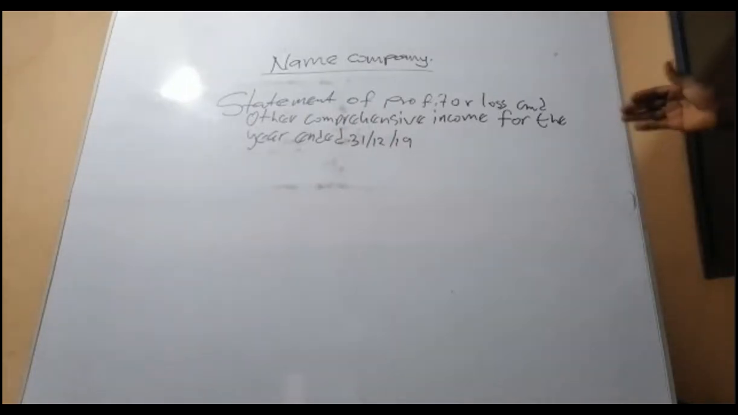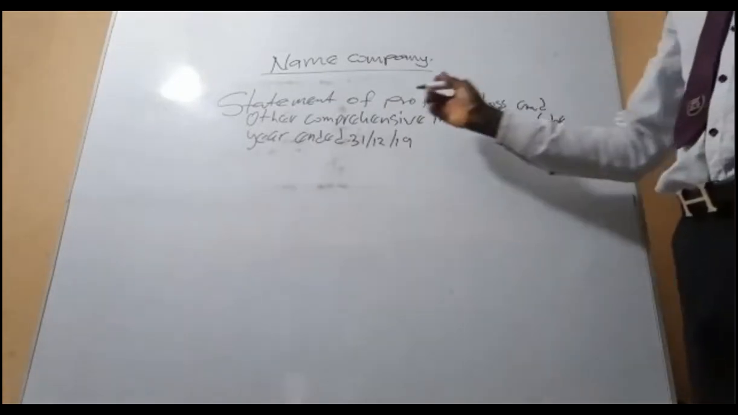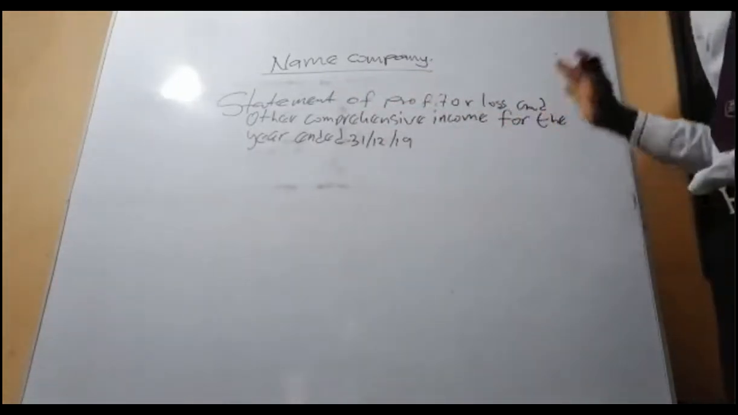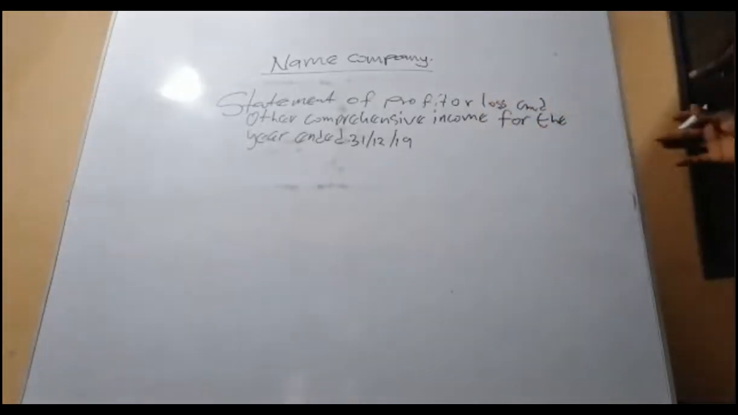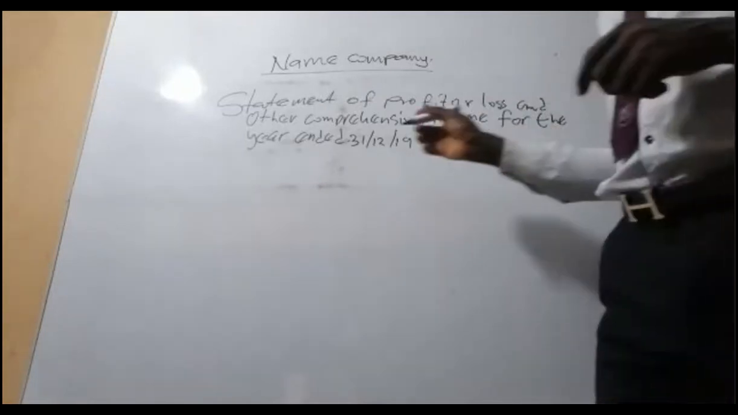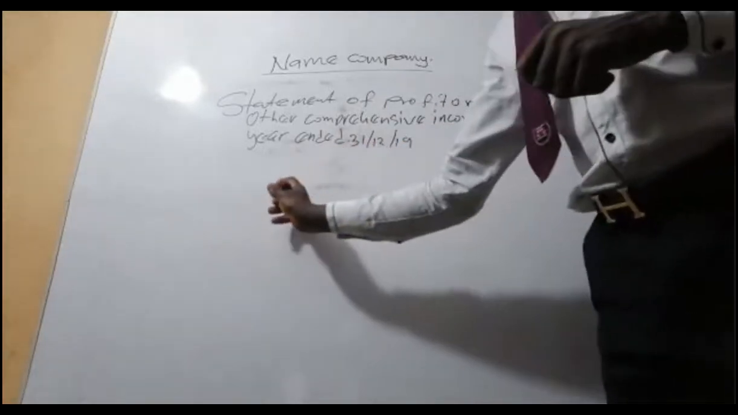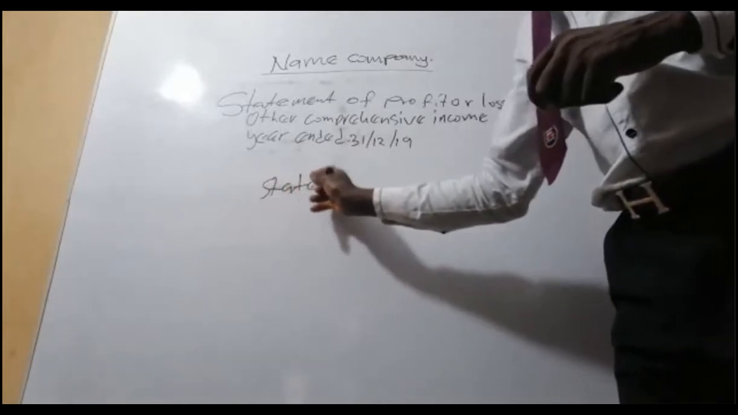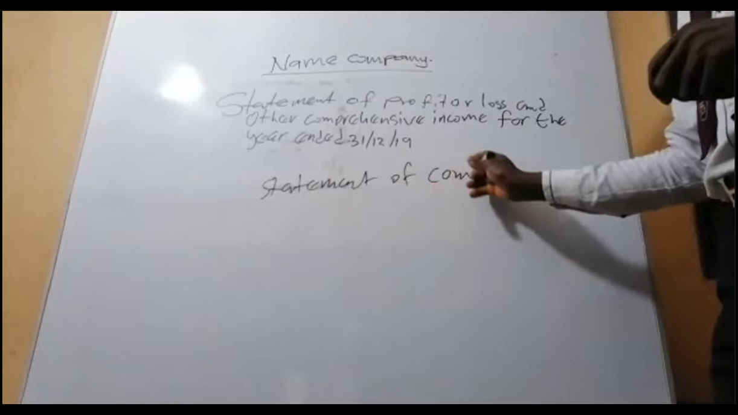Now the shortcut version of this, they can end it here. Statement of profit or loss for the year ended, or statement of comprehensive income for the year ended. That is it. Good. So for the past three statements, you guys have not been calling it statement of comprehensive income. So you will start by saying statement of what? Of comprehensive income